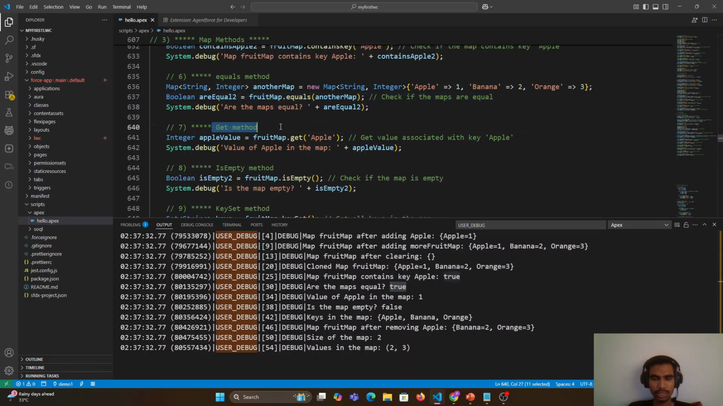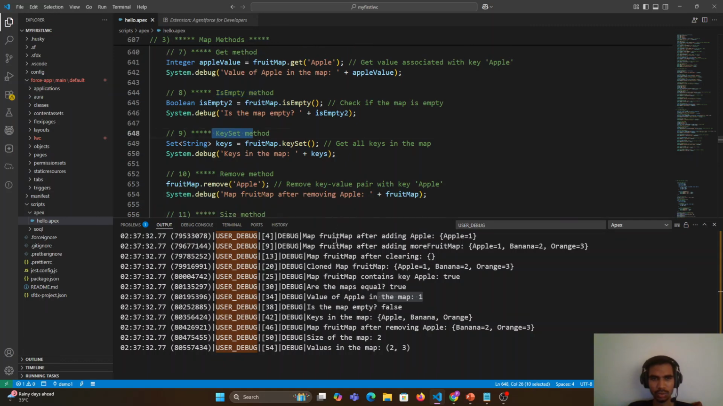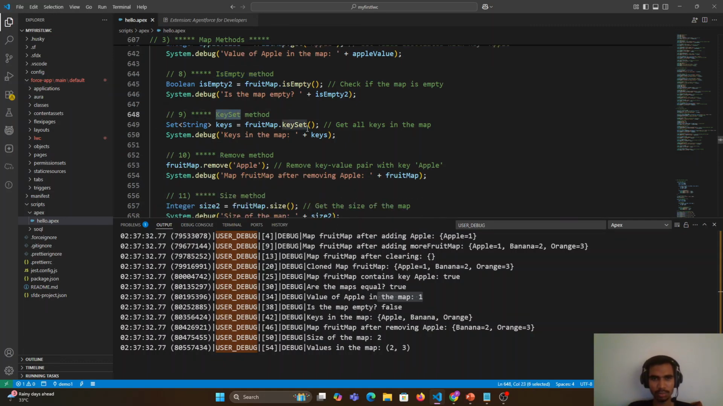Same as that, we can use the get method to get the value according to your key. So here I put the get method with the apple key mentioned to get the value. Here the apple value is 1. You can see the get method gets the value according to your key. Same as that, the isEmpty method checks whether the map is empty or not. The keySet method is a useful method